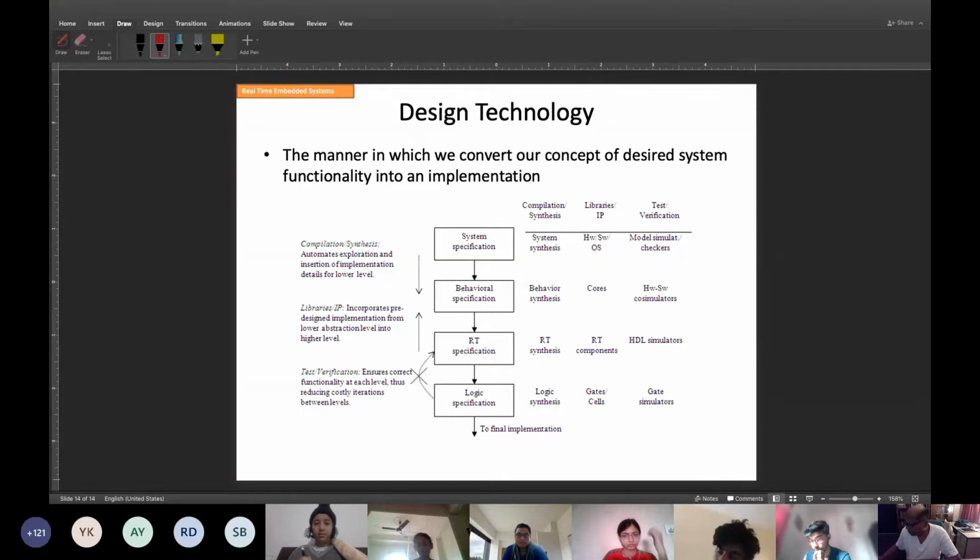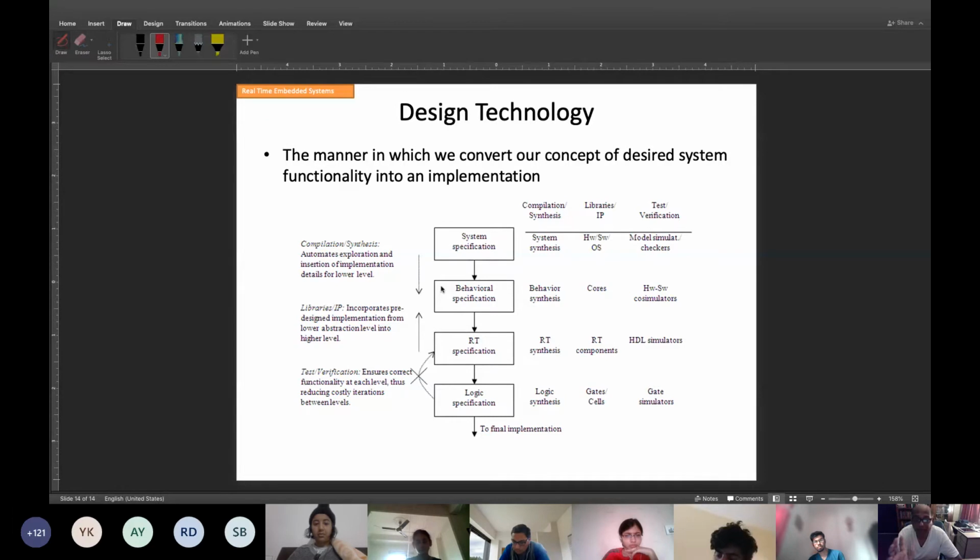Subsystem level specifications are about components. What are the different components of the cell phone? Can you tell me roughly? The components of a cell phone can be the processor board, then the display, then the microwave circuit, the high frequency circuit. Each component will also have specifications; the processor will also have specifications. Then comes the software, which also has to have specifications. Then it comes to the chip level. Digital circuits will also have specifications.